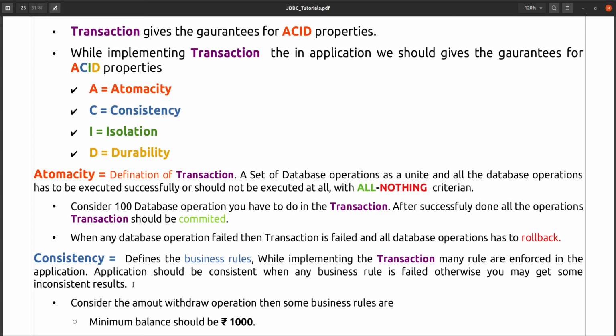So after transferring 5,000 to your friend's account, how much will be remaining in your account? 45,000 will be remaining in your account, and 65,000 will become in your friend's account. So this is a business rule.